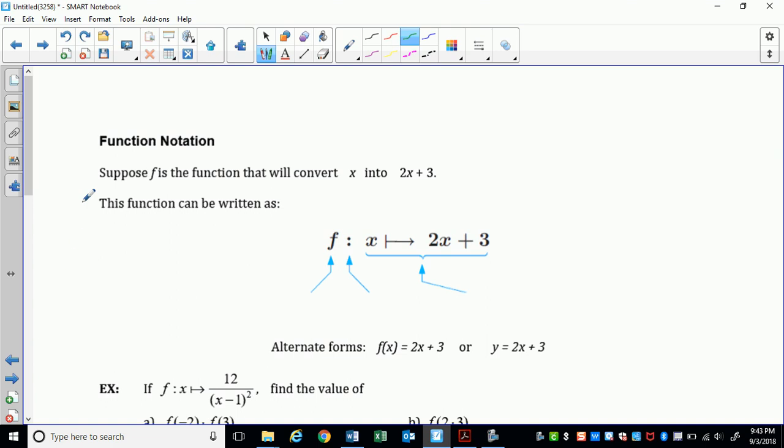All right, this is function notation. Your homework is going to ask you on this, so let's go over it. Suppose f is the function that will convert x into 2x plus 3. The function can be written as this. Usually we have squiggly brackets, right? And this is how you read this. I'm going to write it out for you. The function f